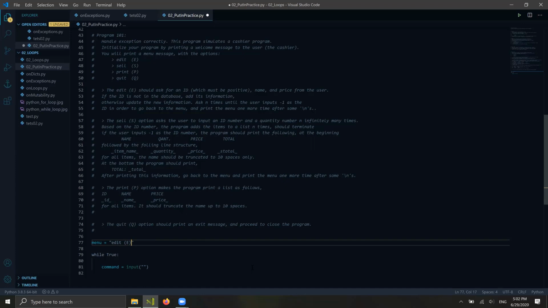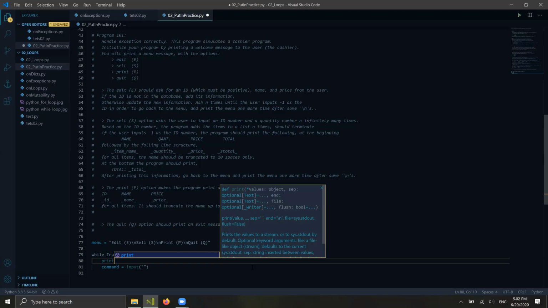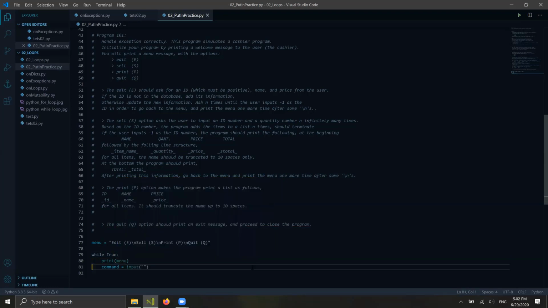I have sell, and the option is with S. Then I have print, so edit, and then print. The option is with P, and I also have the option quit, and the option is Q. So before I ask for an input, I first print the message. So print the menu, and then